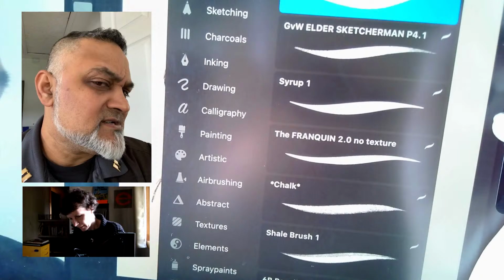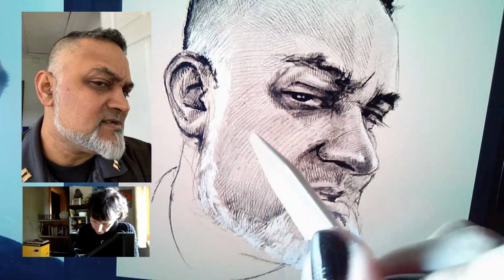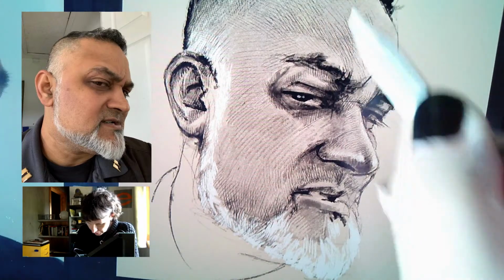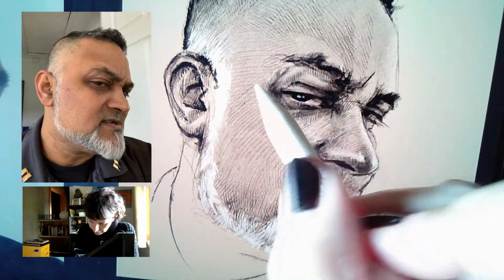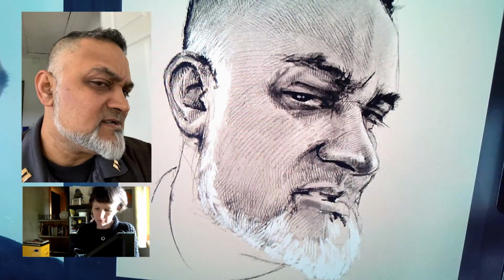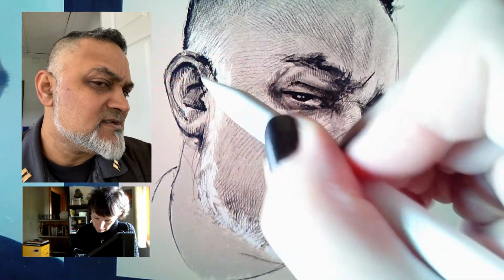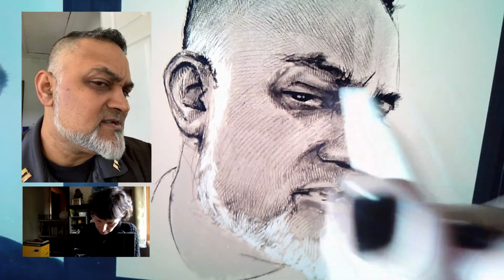Okay. I am going to lower the opacity again all the way down, and I'm just going to add another layer of very subtle, just a layer of dark, but not pushing it too much. Okay, I'm now lightening it in some places. I know it seems weird to do this, but